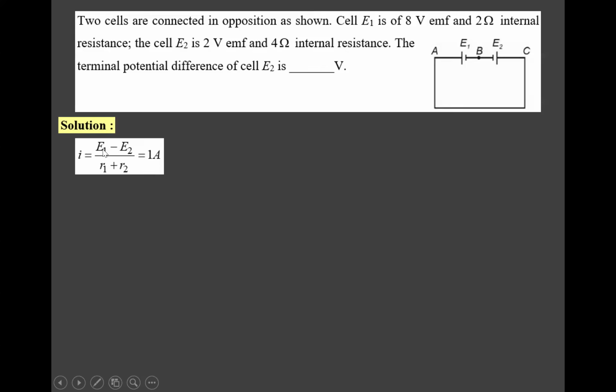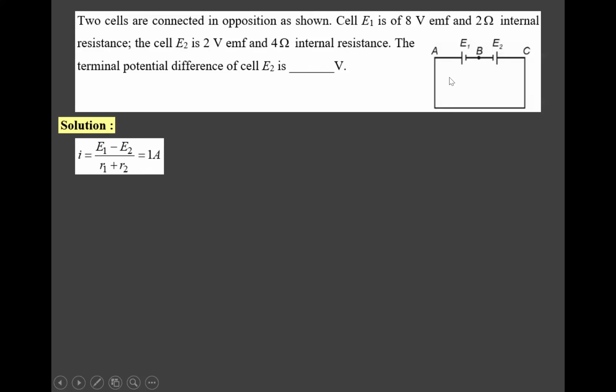Therefore, we can write the resultant potential difference between A and C, that is E1 minus E2. And the total circuit resistance, that is the summation of the internal resistances of the cells, R1 plus R2. Now here if we substitute the values, 8 volt minus 2 volt upon 2 ohm plus 4 ohm,